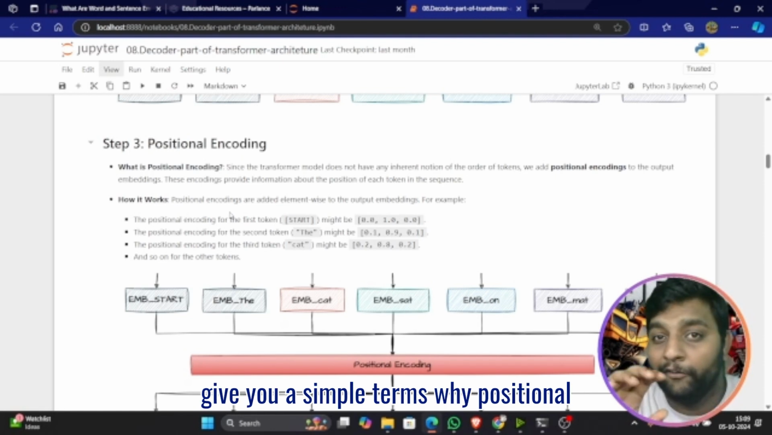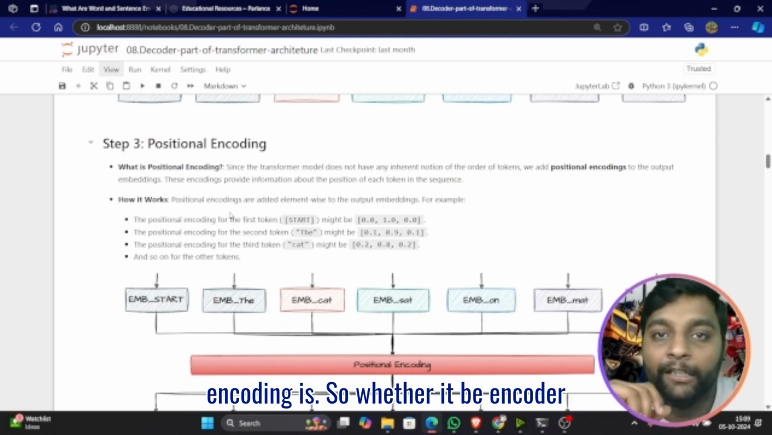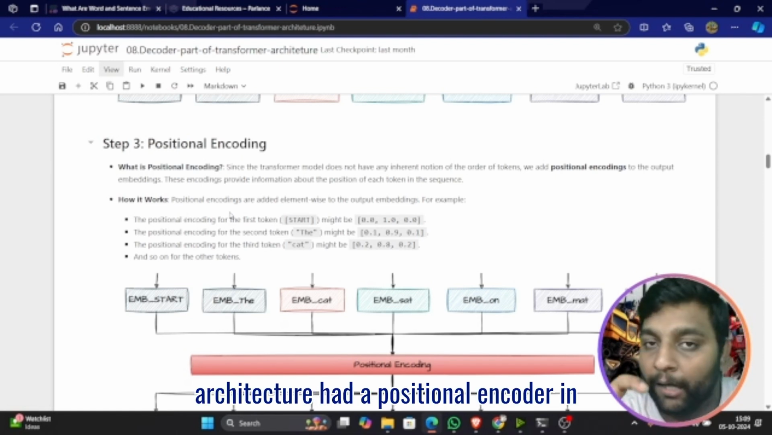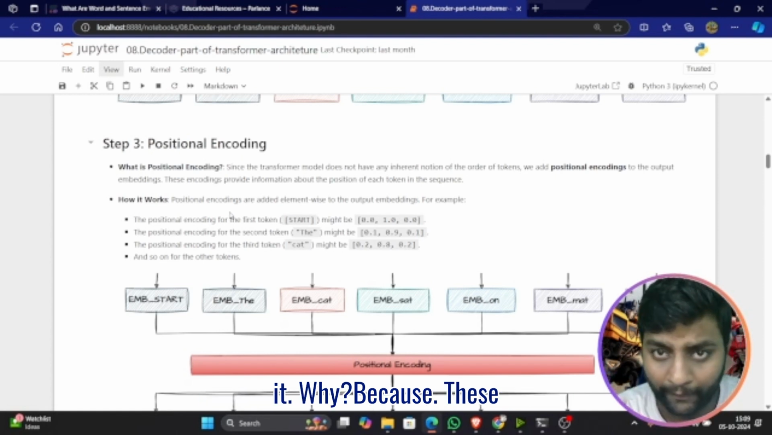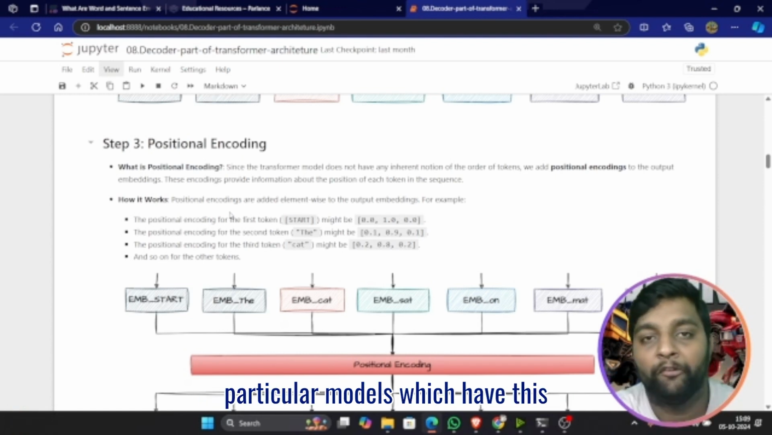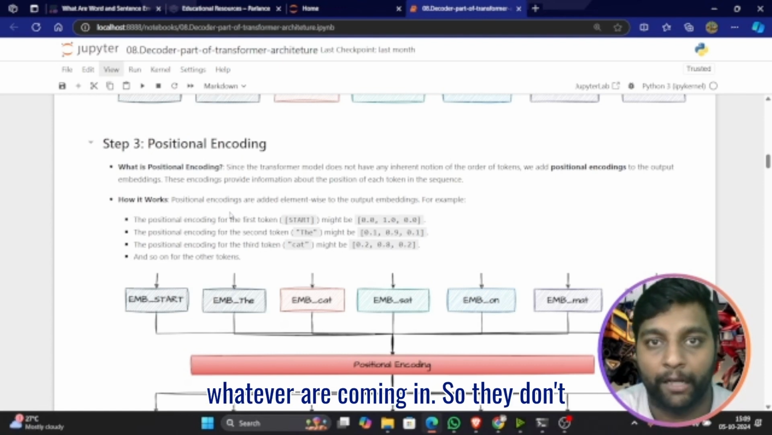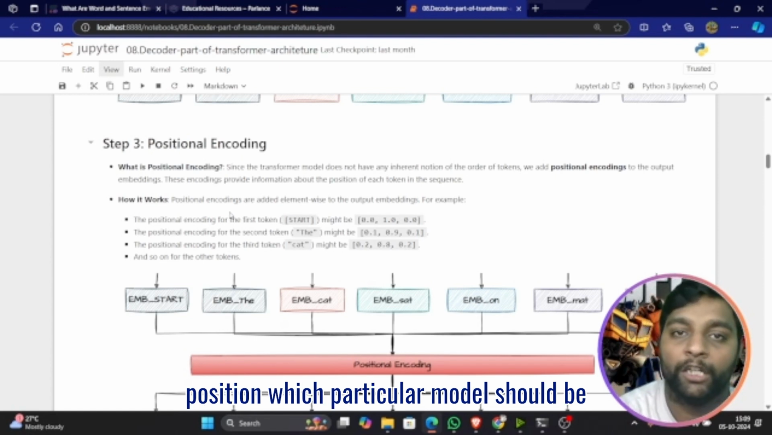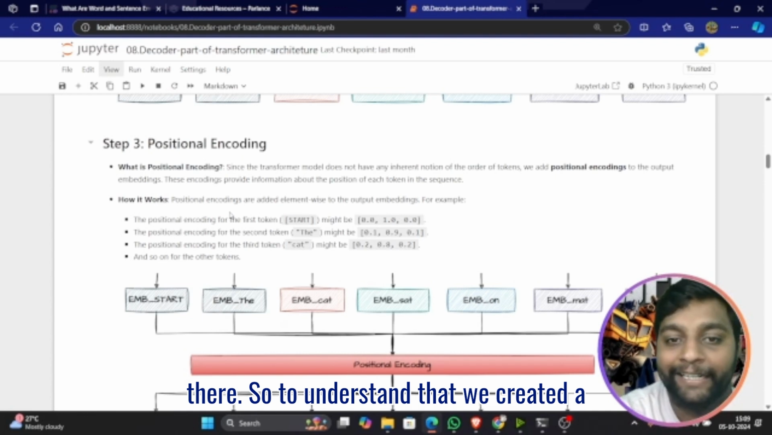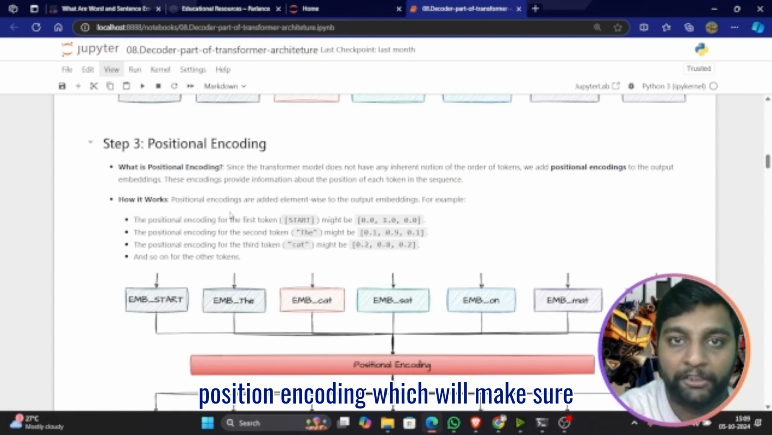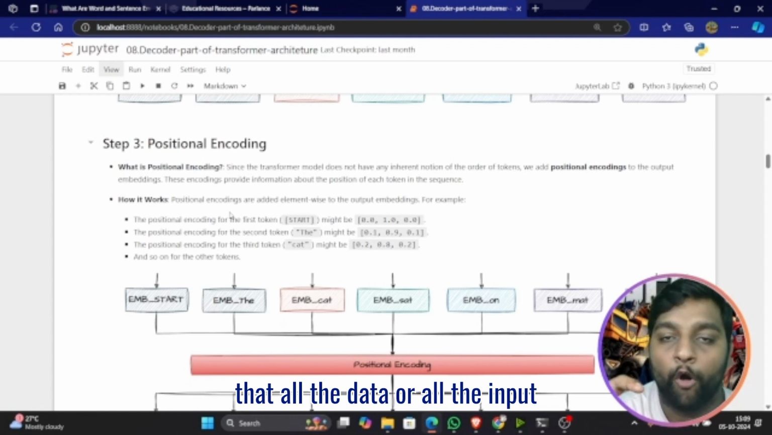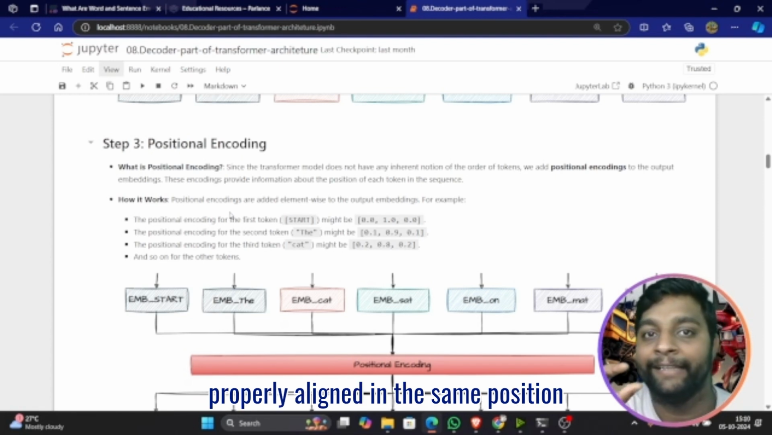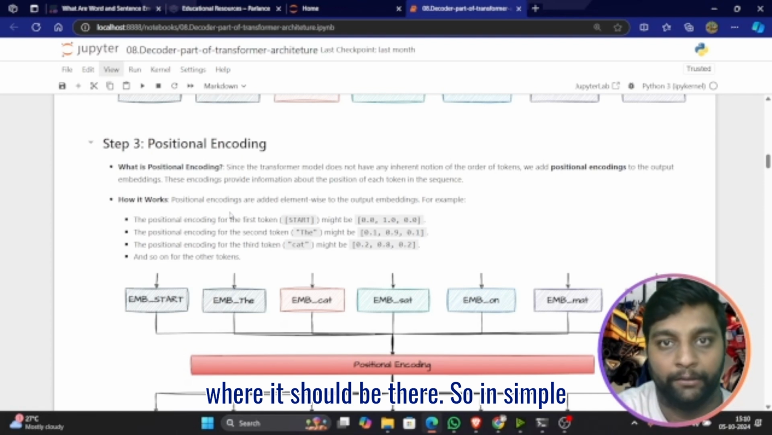Before that, let me just give you in simple terms why positional encoding is needed. Whether it be encoder or decoder, the transformer architecture has a positional encoder in it. Why? Because these models processing the embeddings coming in don't have the ability to understand which token should be in which position. So to handle that, we created a separate entity called positional encoding, which will make sure that all the input sentences coming in are properly aligned in the position where they should be. So in simple terms,